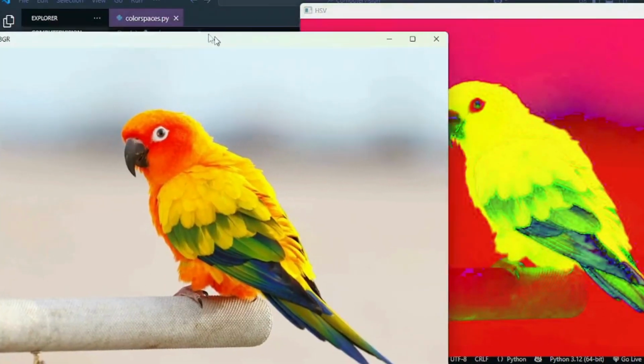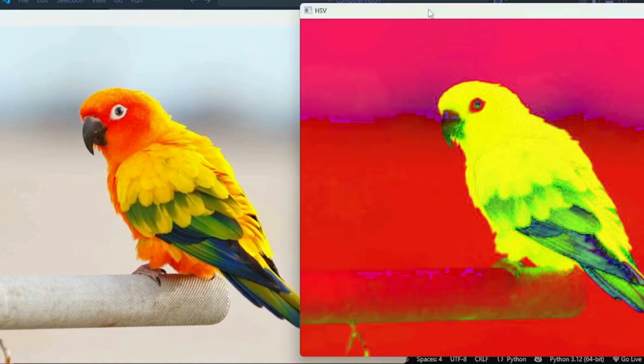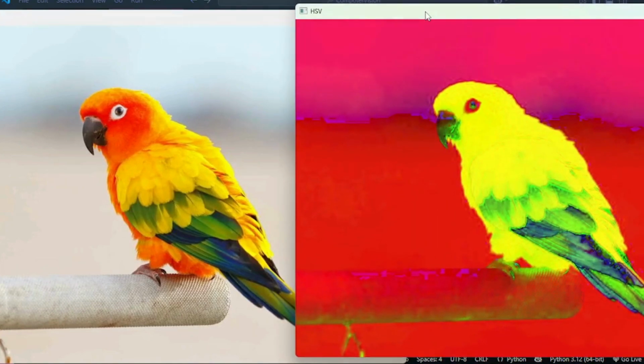Whoa. Now this is the original BGR image and this is the HSV image. And now you must be thinking that does not even look like something that's real, and how do I interpret that? Like previously when I converted from RGB to BGR to RGB, I was like, okay, the red is interchanged to blue and the blue is interchanged to red. But how do I explain this? Yes, not all color spaces have explanations. There are whole mathematical calculations behind this.